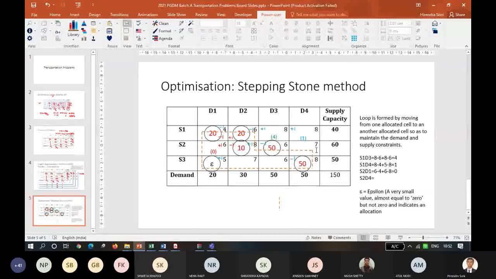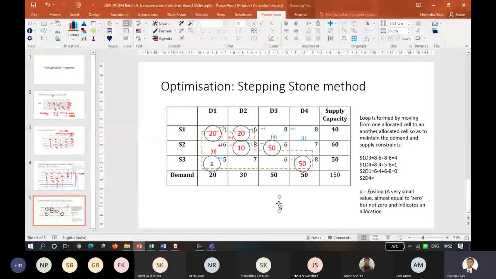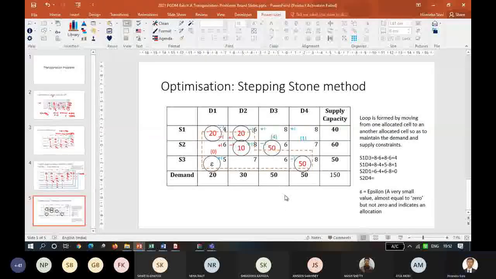And now we'll again do it the same way. S1 yeah, plus or minus. Since this was the blank cell from where we have started, so we will assume an allocation